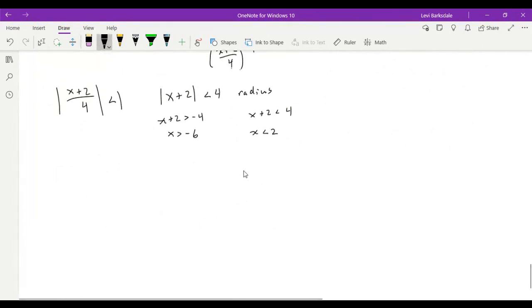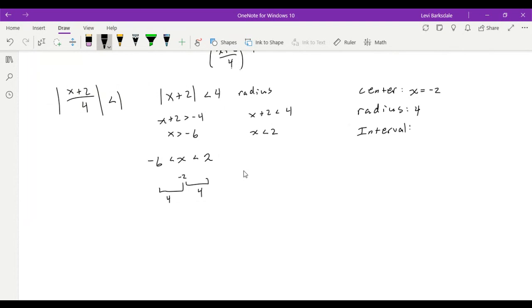So my interval would be all the x values between -6 and +2. And because my center is at -2, you can clearly see that there's a distance of 4 up to +2, and 4 down to -6. So just to conclude, my center is at x equals -2. My radius is 4. And my interval,